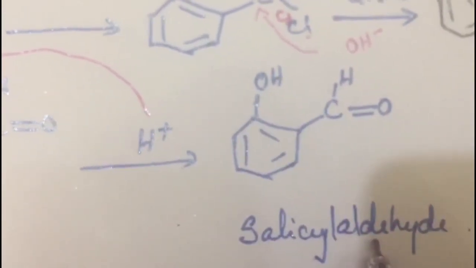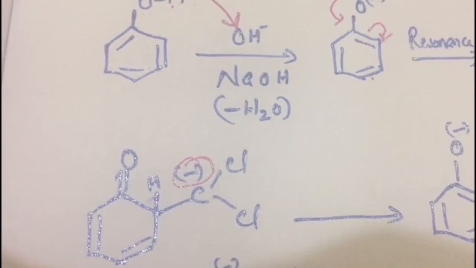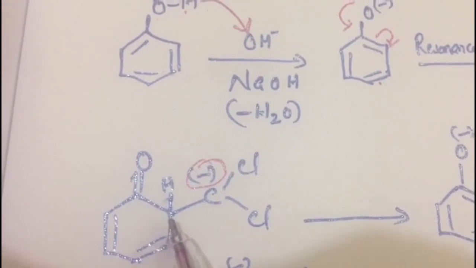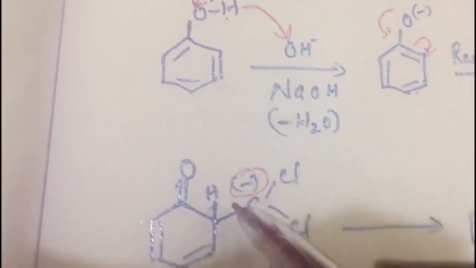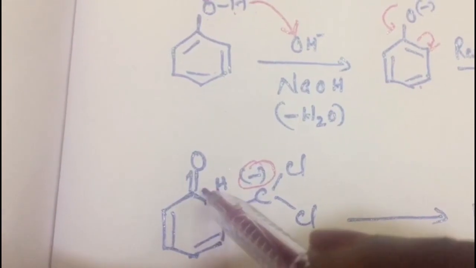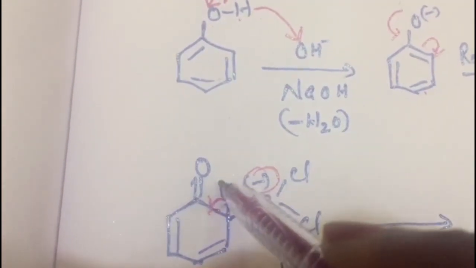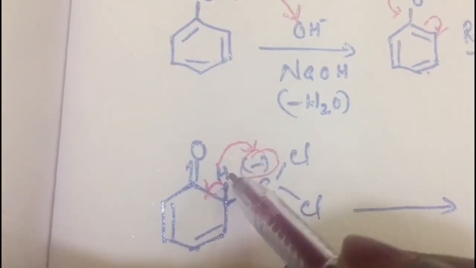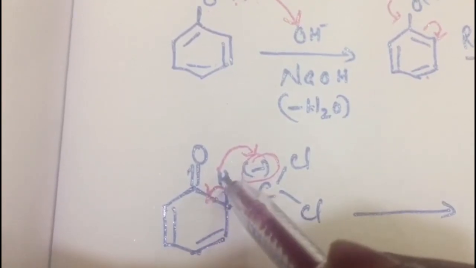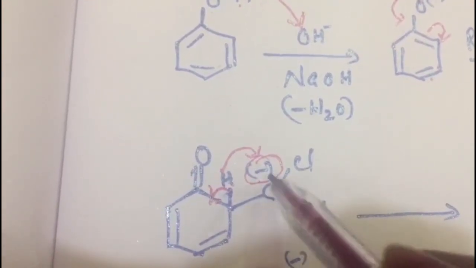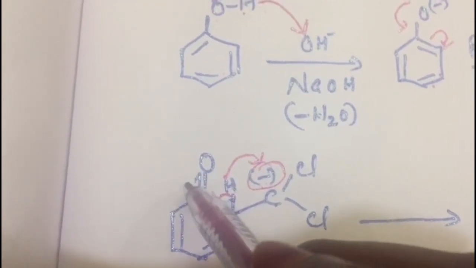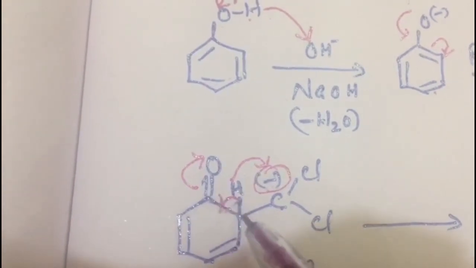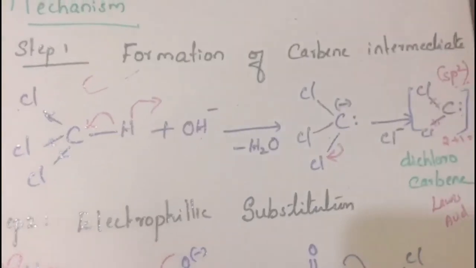This compound is known as salicylaldehyde. In this compound we understood that the benzene ring loses its aromaticity. So in order to attain the aromaticity, this H will leave as H plus ion that will give electrons back, and this H plus will be received by this minus charge. So here H will lose as H plus, these electrons will be given here and this H plus is absorbed here, so it will become CHCl2. Then the double bond electrons will be shifted towards the oxygen atom. So here the carbon atom is positive, here the carbon atom is negative. This is the mechanism of the Reimer-Tiemann reaction.